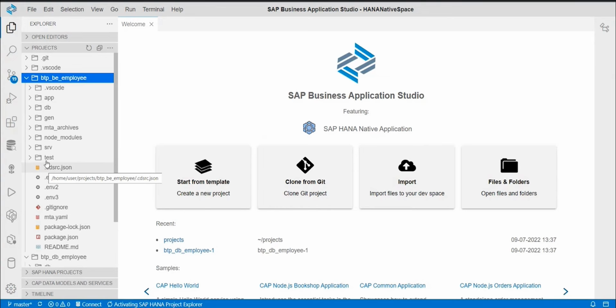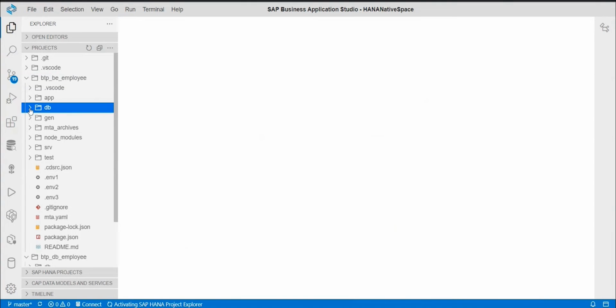Okay, so in the last session, what we started with is an application generation, which does have a data model as well as a service. So in our application, the DB would be the one carrying the actual data model of our service. So if I just open this,